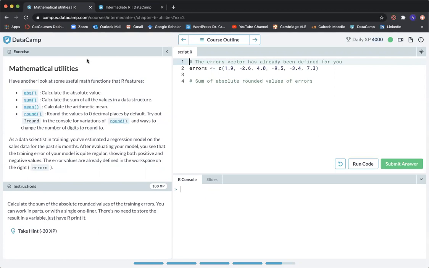Have another look at some useful math functions that are features. Abs, calculate the absolute value. Sum, calculate the sum of all the values in a data structure. Mean, calculate the arithmetic mean. Round, round the values to 0 decimal places by default. Try out ?round in the console for variations of round and ways to change the number of digits